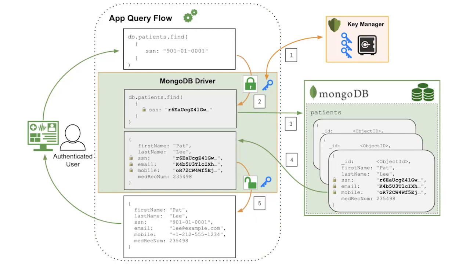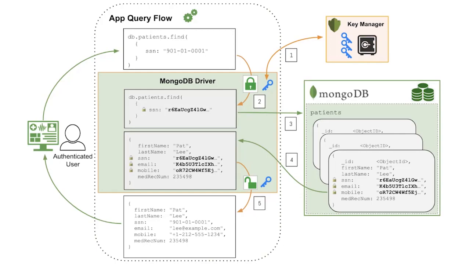The developer for the application can simply write a query as they normally would. So let's say we're searching for a particular patient's social security number, or we want their records and we're going to search by social security number. So in the application, the developer will just write it in the standard query match format. So here, db.patients.find with this social security number. Now, the interesting thing is that that's what the developer does. What the drivers do when they see that is they say, okay, this is a field level encrypted database. This particular field has been tagged. And so what I'm going to need to do is encrypt it.